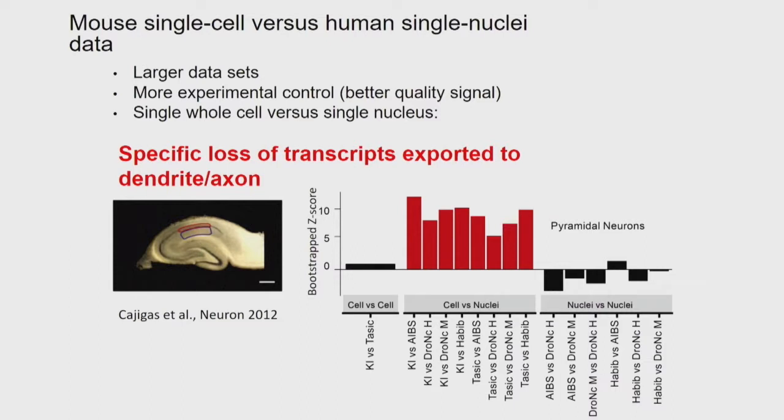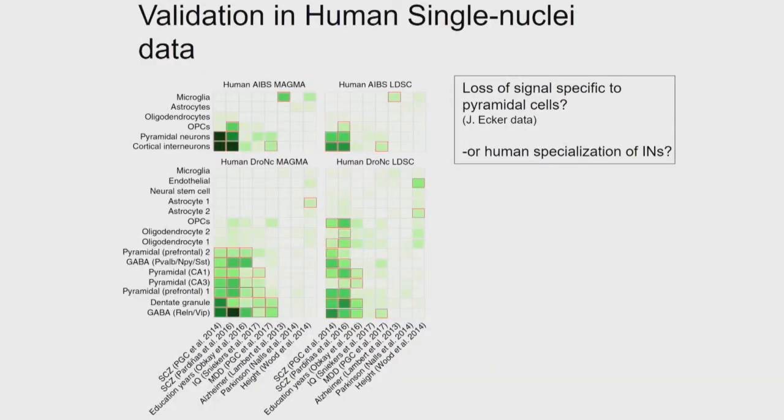So I'm going to show you the human data now. This is published, but with caveats. We have to be a bit careful, because what we suspect is that we get much lower signal when we look at human nuclear data. Even so, we see an enrichment in the same cells, the pyramidal neurons and cortical interneurons. These are two different sets, one from the Allen Institute and one from the Broad Institute. We see the same kind of enrichment there and very little in other cell types, and the same thing in the second data set.